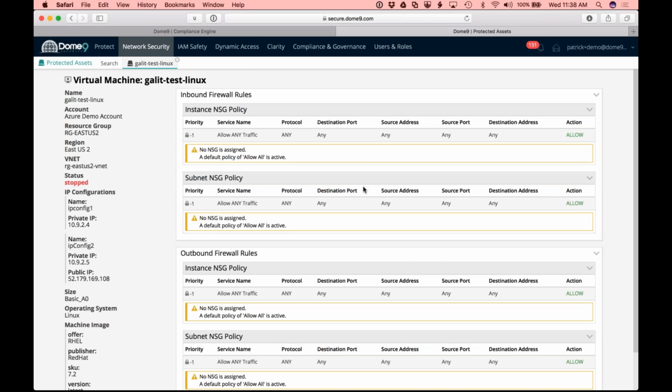Why this particular resource has failed is that we don't have any network security groups assigned to this resource. So we have a default policy of allow all, which is very, very important that we know as well. This is likely a misconfiguration. So